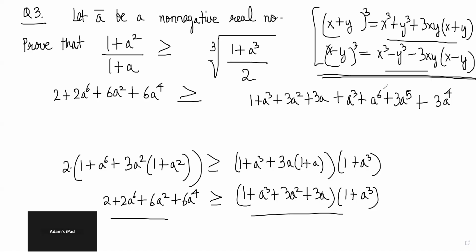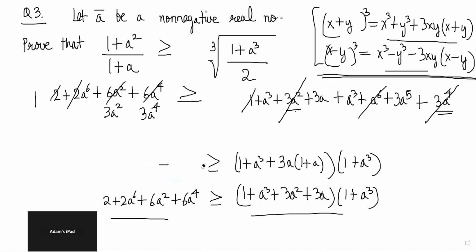Okay, so a^6 will get cancelled. The 2 will go, it will become a simple a^6, right? 6a^2 is here and there is 3a^2 here, so this will become 3a^2. 6a^4 is here, and there is 3a^4 here, so this will become 3a^4. The 1 will go and this will become a 1. And the remaining terms will come on this side with negative sign, right? So you will end up with